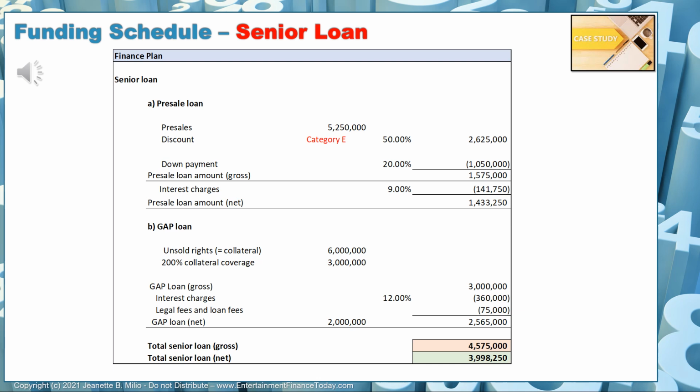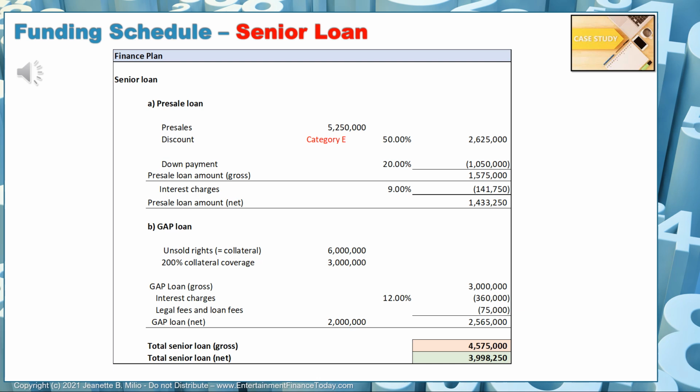And the bank will apply a higher interest charge here of 12%. And it's higher because it's not a contract that they're lending against. There is no real security here. Obviously, the film is the security, but there is no contract. It's just the bank hoping that we will actually sell these unsold rights. So that's why the interest is a little higher at $360,000. They then also charge us a loan fee and a legal fee of $75,000. So we're deducting these fees, and we end up with a net gap loan of